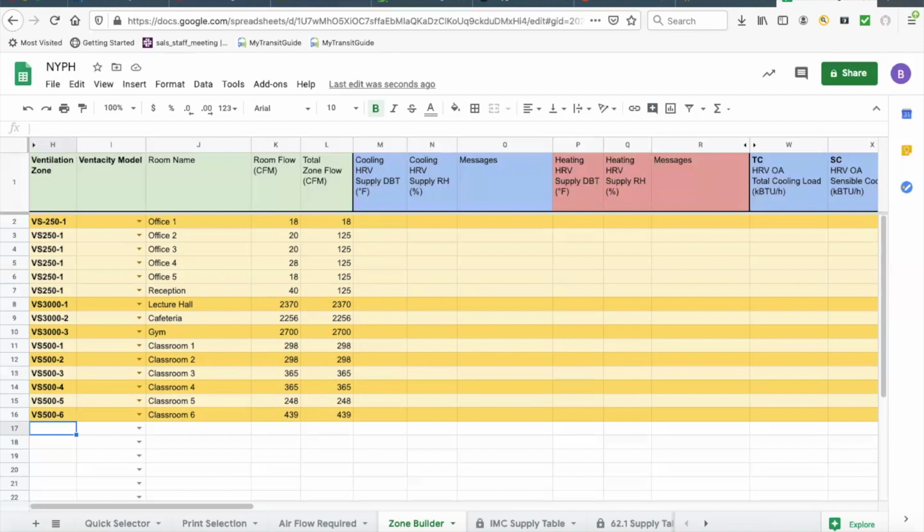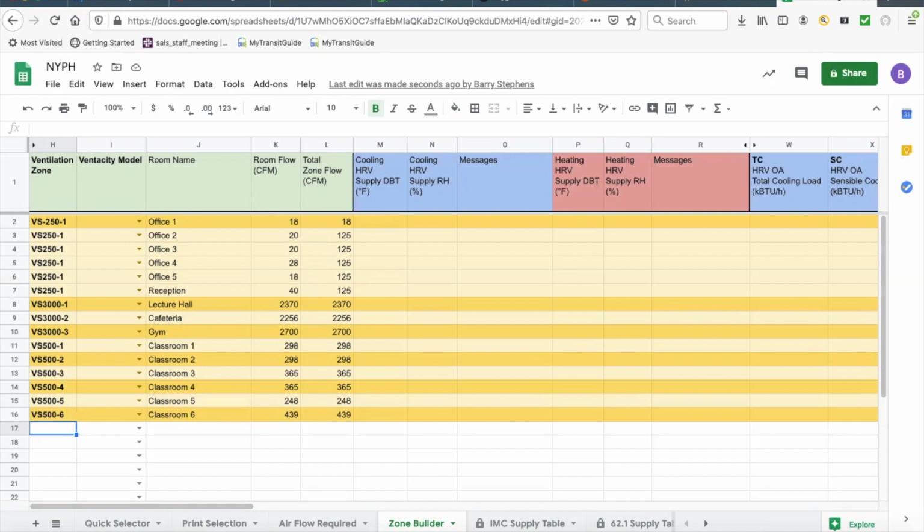So this allows you to take a very complex building, an office building with all different types of spaces. You may have retail on the ground floor. You may have apartments up above. You could literally take the whole building and put it into this and break it out into zones, determine what all your ventilation rates are, and kind of cut your time down on determining and designing the ventilation for the spaces. So it's just a tool that really is helpful to look at these multifaceted buildings and get your ventilation worked out. All right. And that's it.